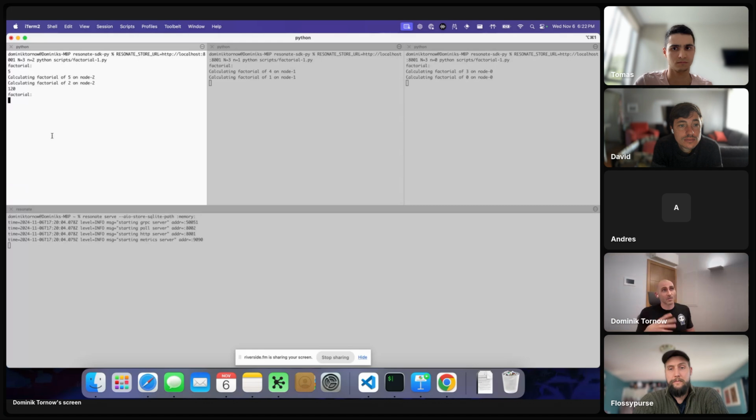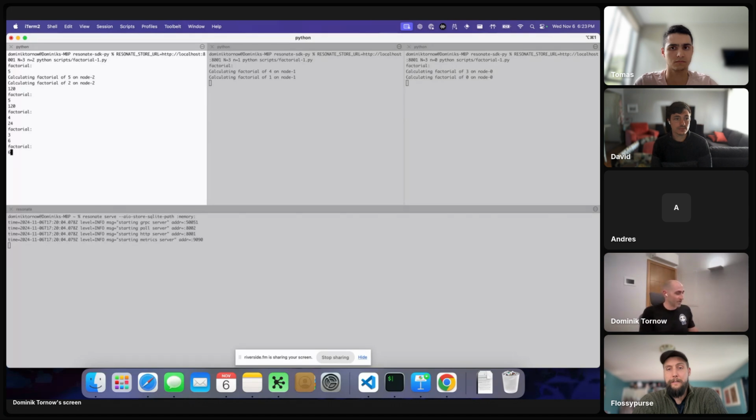So now to check on the durability, right? What happens if I request the factorial of 5 again? Well, remember that we use stable identifiers, right? And I said what the identifier is going to be. I said the identifier is factorial 5. So that promise and the result of that promise is durably recorded. So if I do that, it's already done, right? So the system is not going to calculate that again. It is simply returning what it already calculated. Now that is true obviously for 4, that is true obviously for 3 and all the way down.